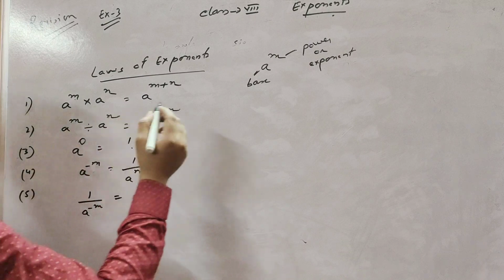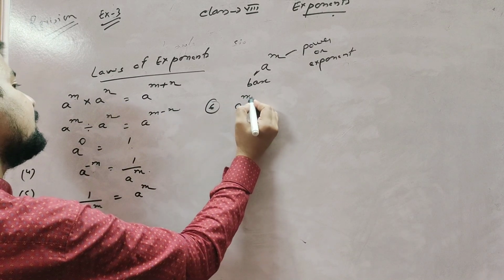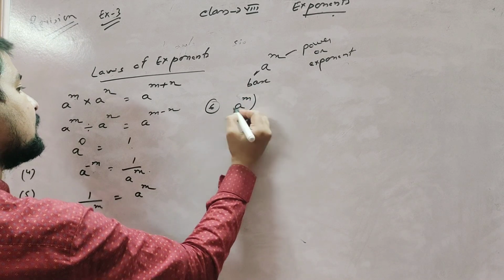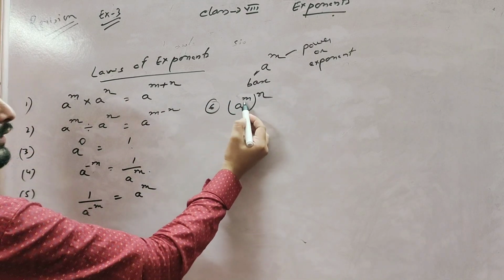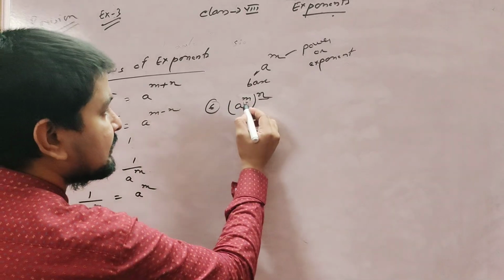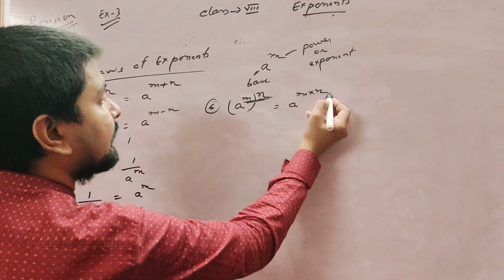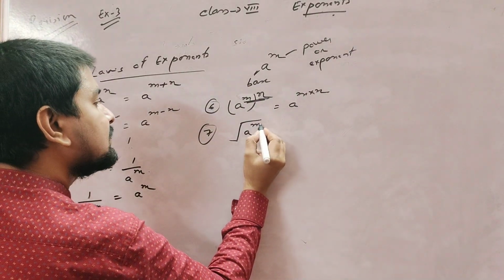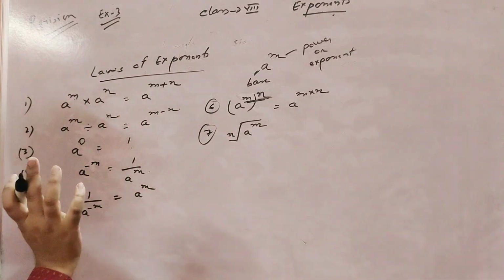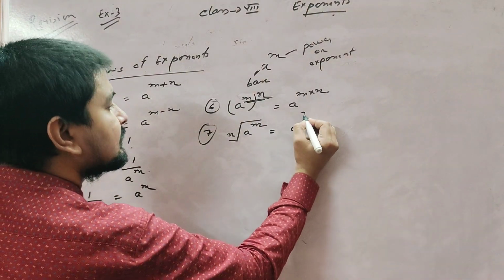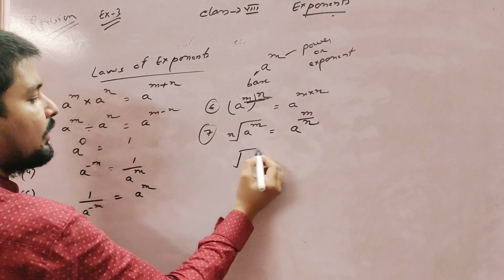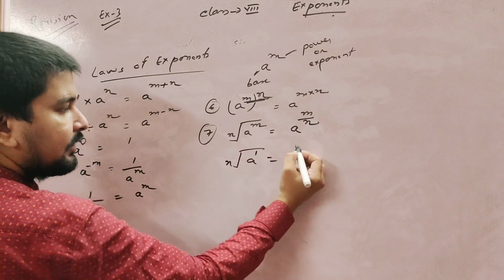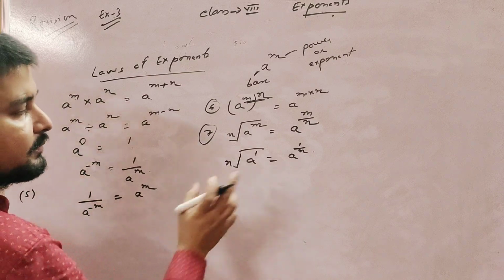Now suppose a base, this is also a power and this is also a power, that means these both numbers get multiplied. Next, suppose the number is given in a root and here is given any power. When this bracket is opened, that means m to the power n. Suppose nothing is given in the bracket, just here is n. So when this is opened, nothing is given, that means 1, so 1 to the power n when this bracket is opened.